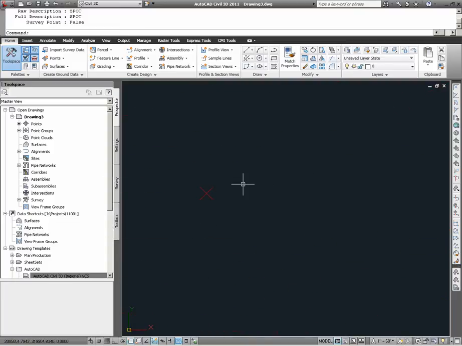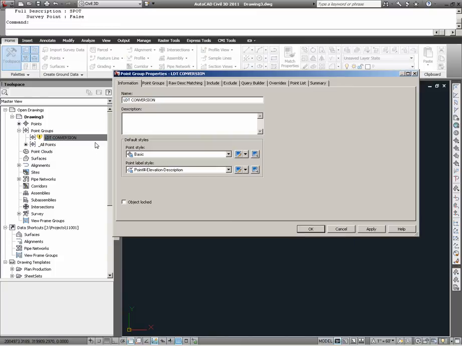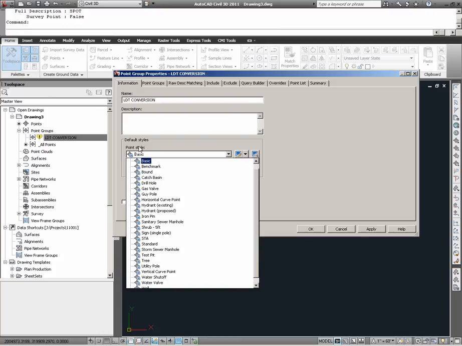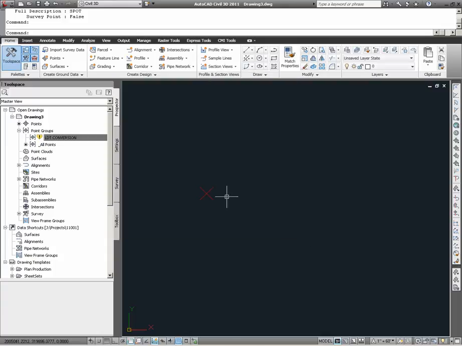Notice that my point has lost some of the information that it has as far as the display. This is likely due to the point group settings. I can check that under Prospector, under Point Groups, and looking at LDT Conversion, choosing the properties, I note here that I have a basic point style and a point label style of point elevation description. As I choose OK, I also